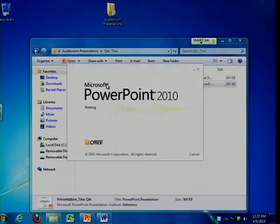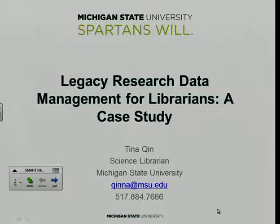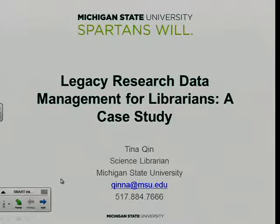I'm Tina King from Michigan State University, and this research is the one I did last summer when I was a library science graduate student. Now I have graduated, and I became a science librarian at Michigan State Library. So nowadays,